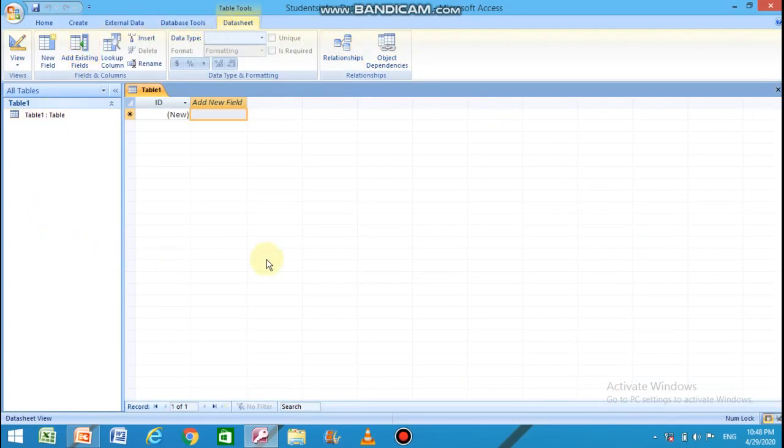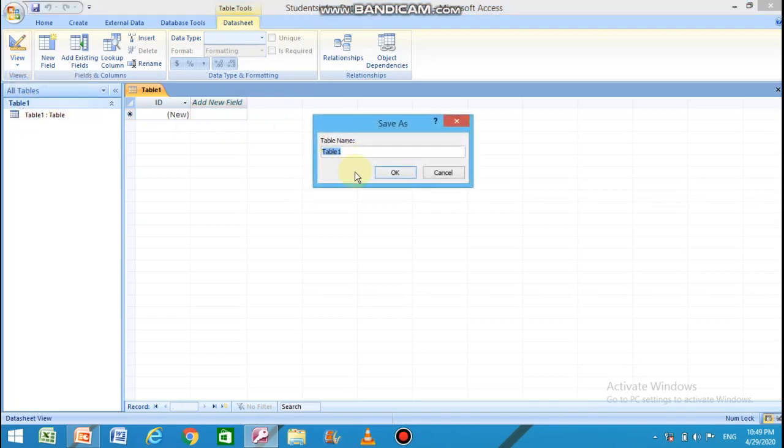After that you will get this type of interface. I have already explained to you about the different components of the Microsoft Office Access window. These are toolbars, title bar, navigation pane. This is datasheet window. This is view button. Okay, so let's create a table by clicking on design view. First we have to design the structure of the table, then we can enter data into it.